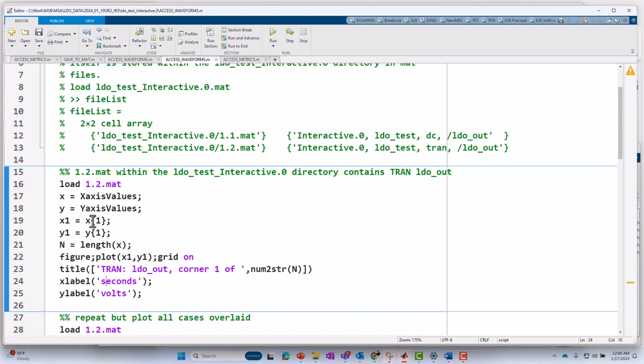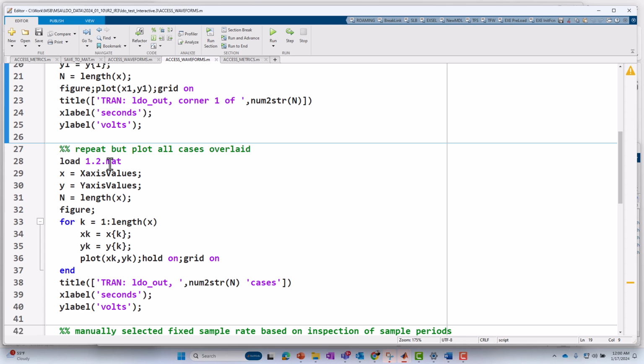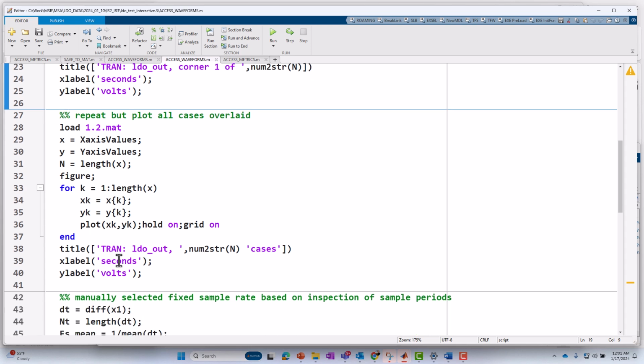If you just want to look at the first corner, just index by 1, and that's what I did in this case. If you wanted to plot all of the cases, you could certainly just have a loop which goes from 1 to the number of cases, the length of x, where x is the x values, and you could plot all of them out.